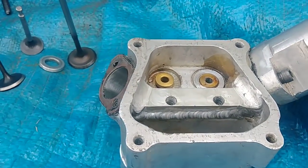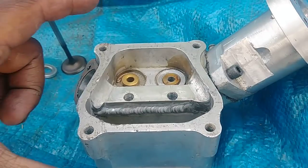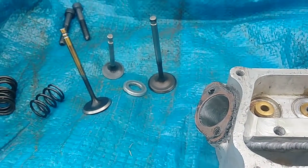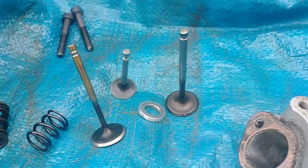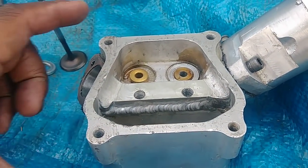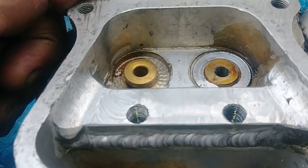Okay, this is an aftermarket Billet head. It's been modified by me. I'm trying to explain the difference in spring heights. I have 4 different springs here, 3 different valves, one head. All right, in this head, you see I have the valve pocket is actually cut